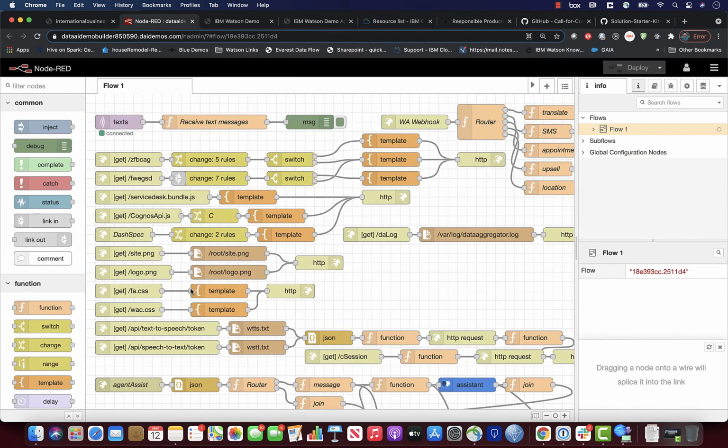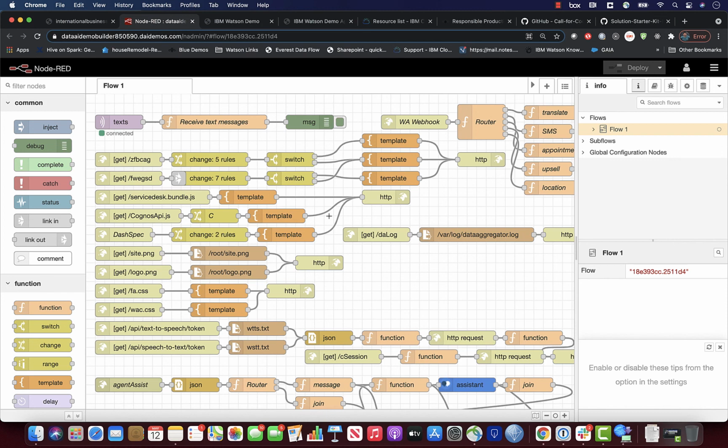So let's look at that. So this is the Node-RED orchestration engine, where we are actually orchestrating the whole flow, which involves the different Watson Assistant use cases, Watson Discovery use cases, including speech to text, text to speech, and